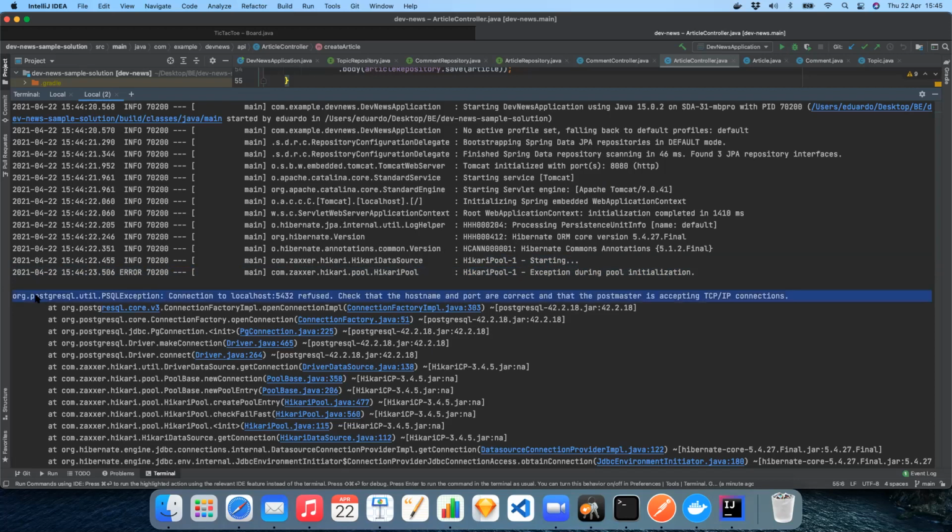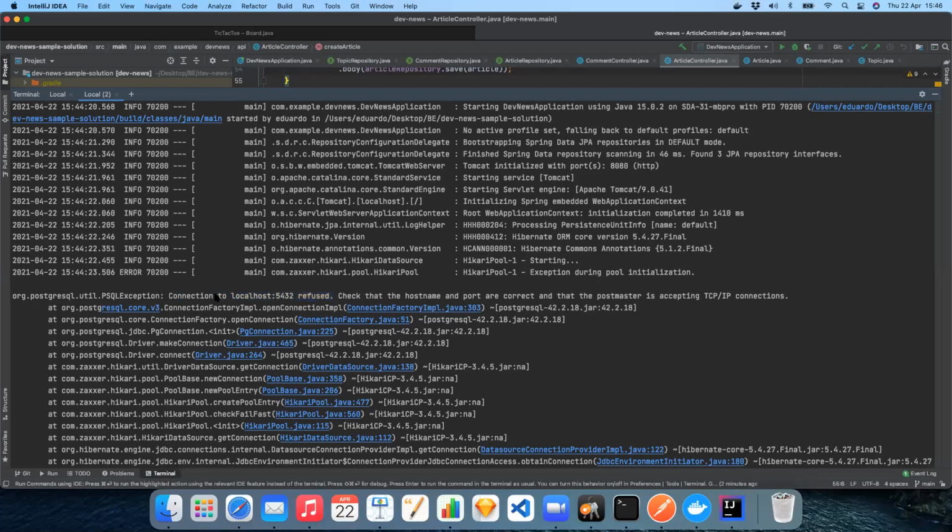But we're starting to get some error messages in here, right? And this might make a little bit more sense. So we see that the connection to localhost 5432 is refused. And I mean, this is a bit misleading, right? I guess the connection is refused, but it's refused because we haven't started anything, right? So this is just a matter of